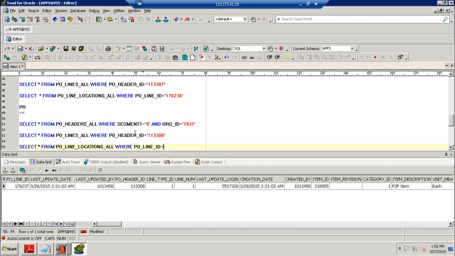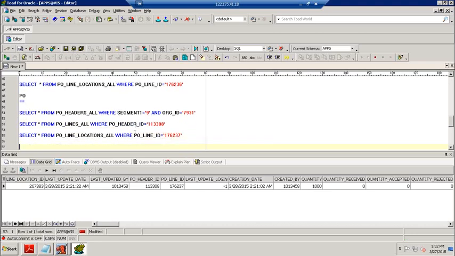So here we can give the PO line ID 176237. The last one is distributions, PO distributions all, where line location ID.